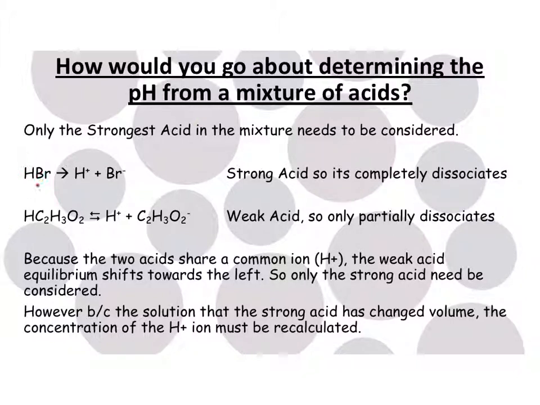So, like here, for example, we have HBr and H+. So HBr, strong acid, completely dissociates into H+, Br-. So this completely goes to completion. So whatever the concentration of the original acid is, that's going to be your H+ concentration. Now, a weak acid is an equilibrium. So not all of this is acid, this bound acid is dissociating and giving us the H+, therefore lowering our